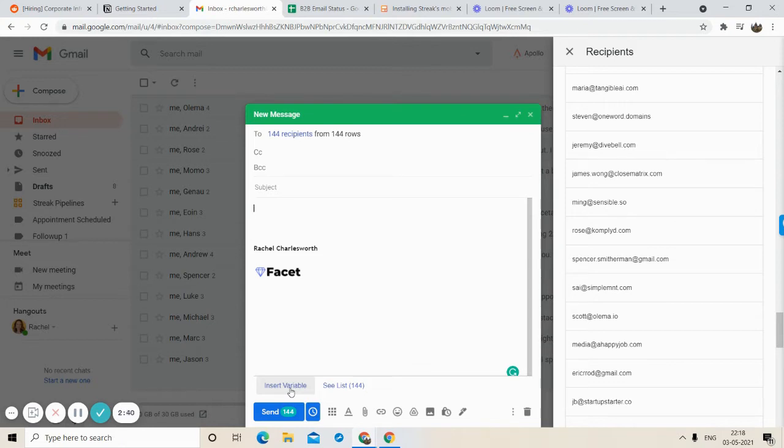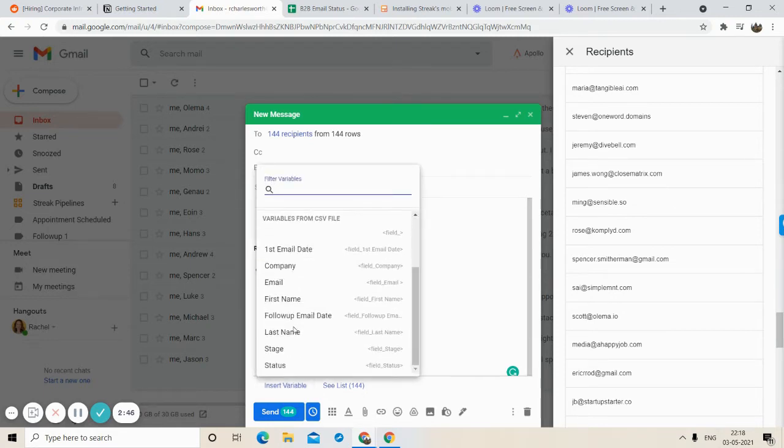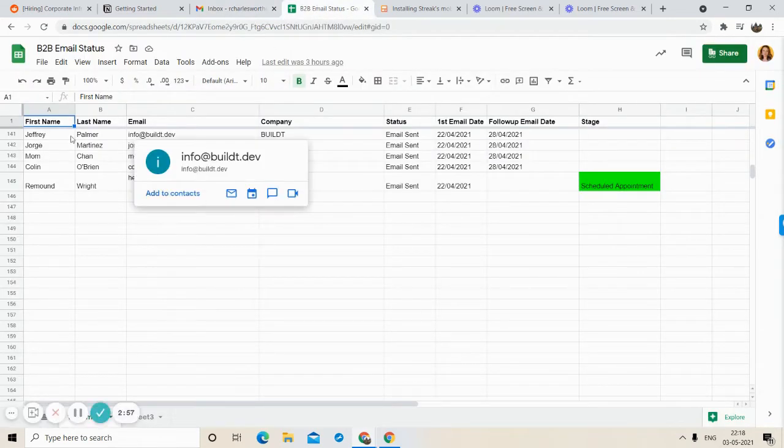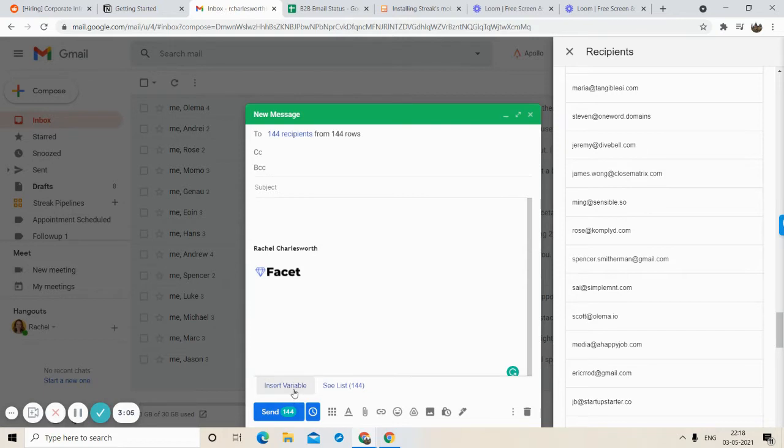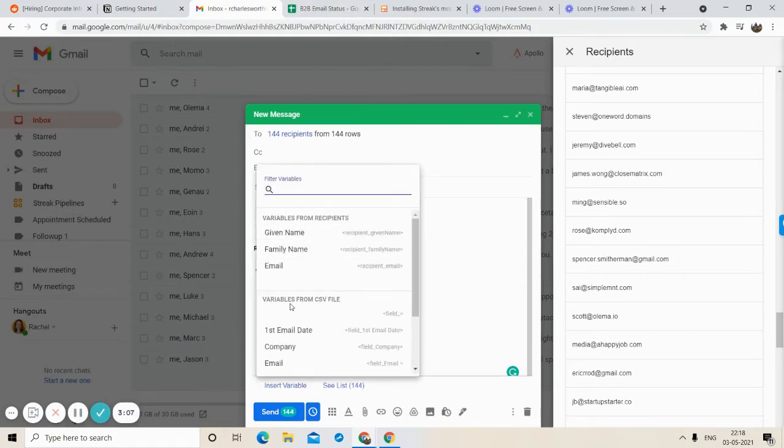These variables are what I can use for personalizing it, and they are fetched from this sheet. I have first name, last name, email, company, status, first email date, follow up email date, and stage.